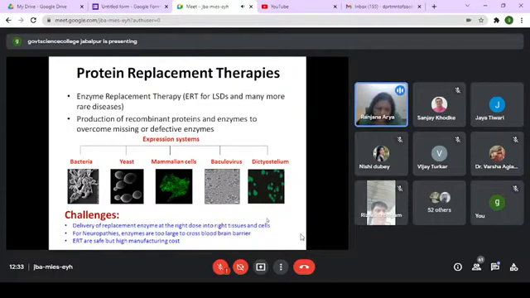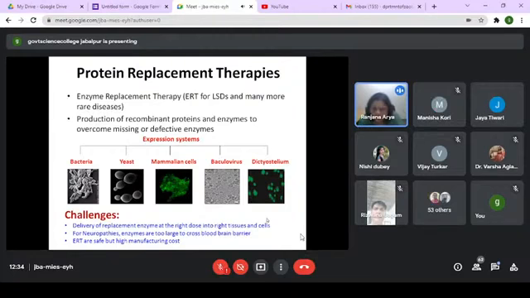So baculovirus is good because post-translational modifications can take place. And of course, mammalian cells are the most favorite ones, but they are quite costly if you are talking about the industry and drug development. So all these expression systems need to be worked out on the enzyme that you want to give to the patients for the gene recovery.